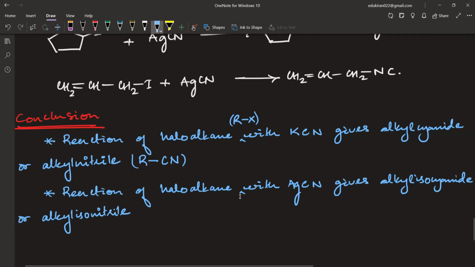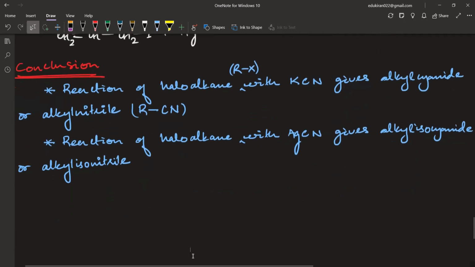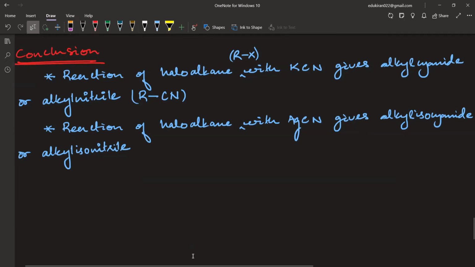Okay, here we are showing one more thing. Some people really like sentences, so they can write these two sentences. Some people are more comfortable with equations and all. So you can write it like this also.